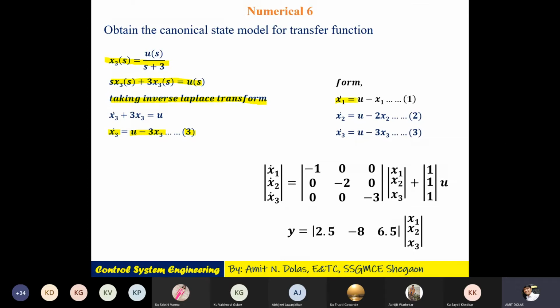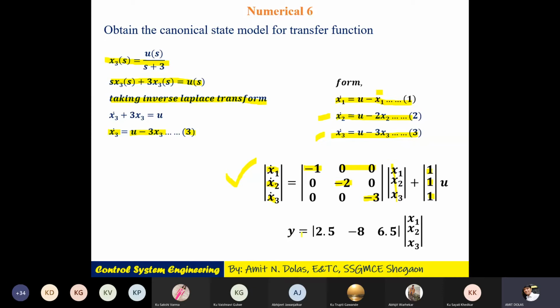From the first, second and third equations that we obtained, we may write the state matrix. So the state space matrix will be x1 to x3 dot is equal to: first, x1 value is minus 1, and x2 and x3 are not present in the first equation, while in the second equation you have only x2 value, other values are 0, and in the third equation we have x3 value, other values are 0. Then u into this vector.